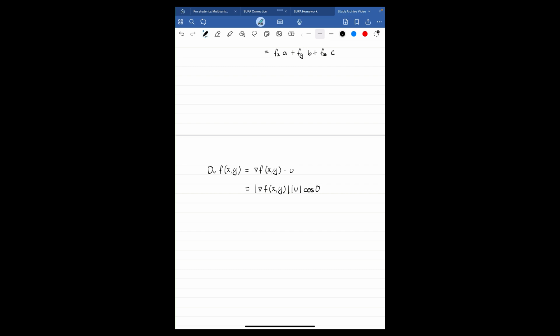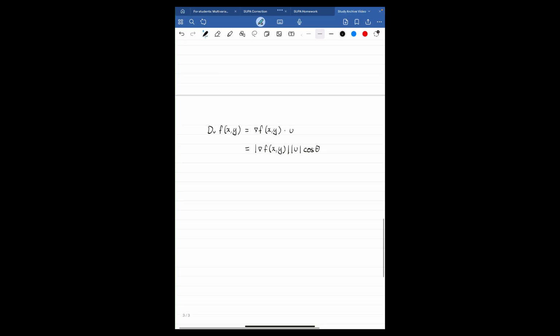into this form, where theta represents the angle between these two vectors. So obviously we're going to have the gradient vector looking like this in some space, and then u is going to look like this in some space, and then this angle between them is going to be theta. And we can infer that if cosine is 0, if the theta is 0, or 180 in this case, but let's just say 0,